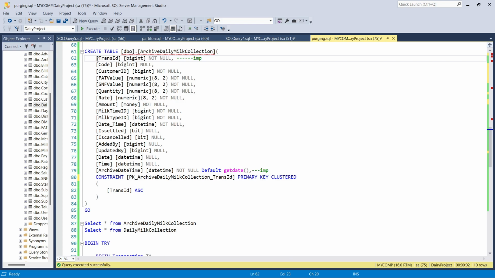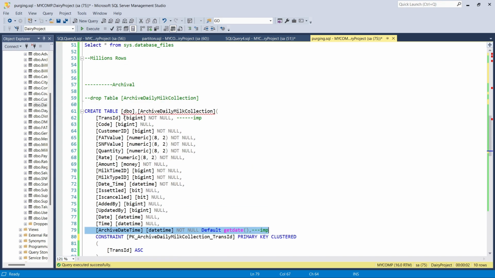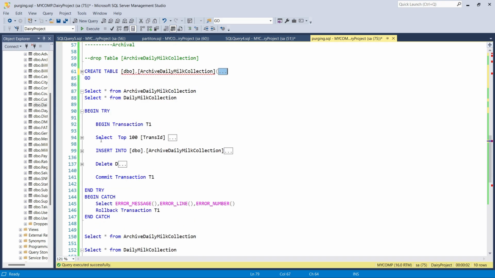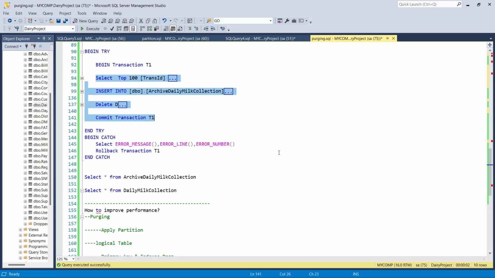Whatever the exact replica of that particular data is, we are just copying from there to here: transaction id and all the columns as they are, and archive date time is the new column we are adding right now. This is the first step. We have to create the table definition, and this is the code. Same code